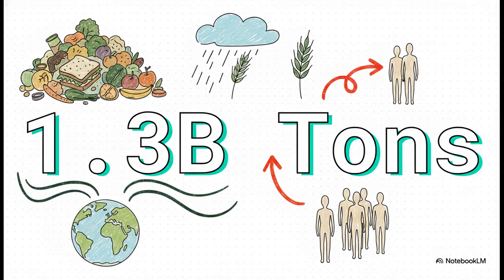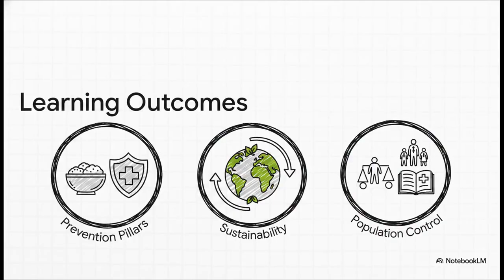Let that sink in. While millions face undernutrition, we are throwing away 1.3 billion tons of the food we are actively destroying the planet to grow. Tackling that waste is perhaps the most immediate way to stretch our global food supply without planting a single extra seed. As we bring this final chapter, and frankly, this entire human nutrition course to a close, let's summarize your